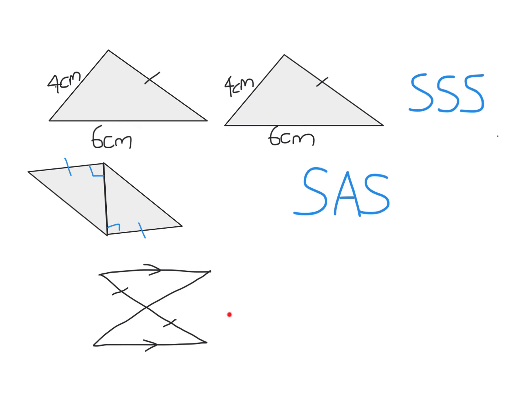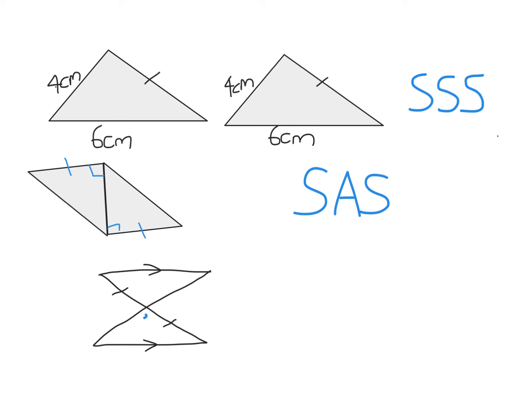Now sometimes you'll get diagrams like this where you're not given much information. All we're told here is that we have one pair of equal sides. But of course, one pair of equal sides isn't enough to determine congruence. You probably noticed for each of the four tests, there are three things: combinations of pairs of sides and pairs of angles. So what we need to do is see, are there any angles that we can state are equal? That's why we did a review of angles earlier in this unit, so that you would be able to identify